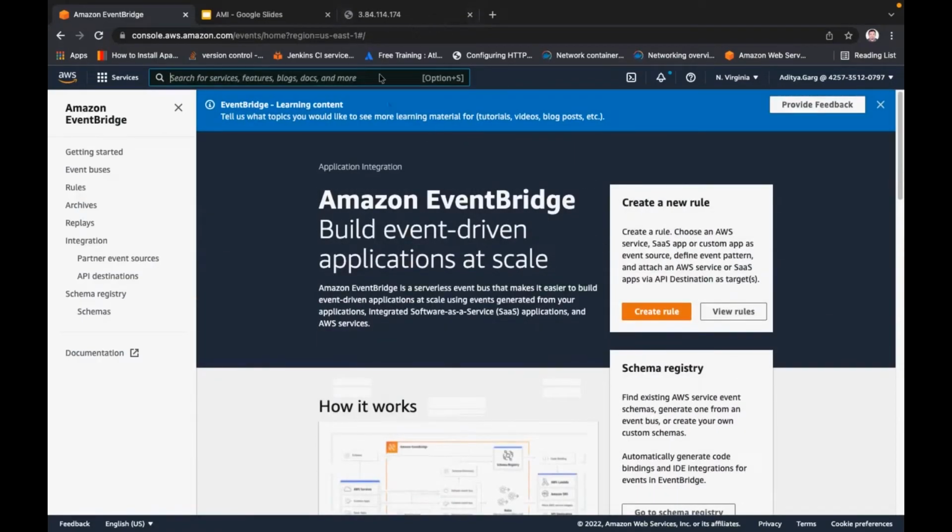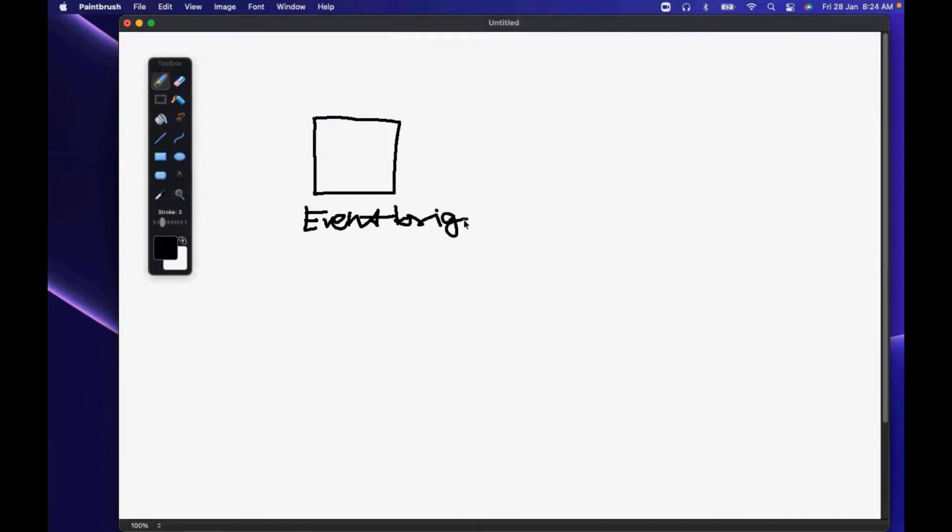This is just an example of how you can automate those things. Why are we using EventBridge here? You can think of this as just a scheduler, so if you want to schedule something at a regular time interval, you can use this.